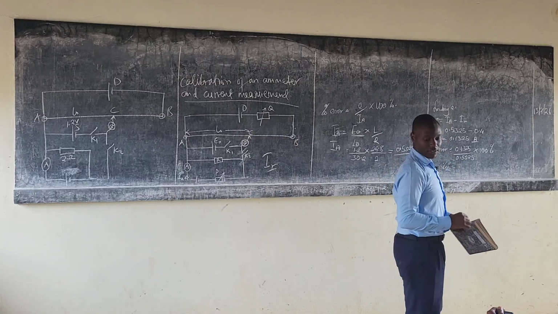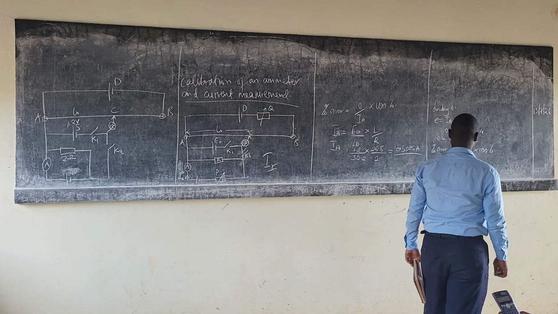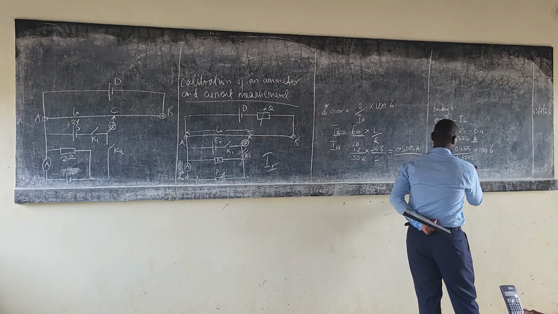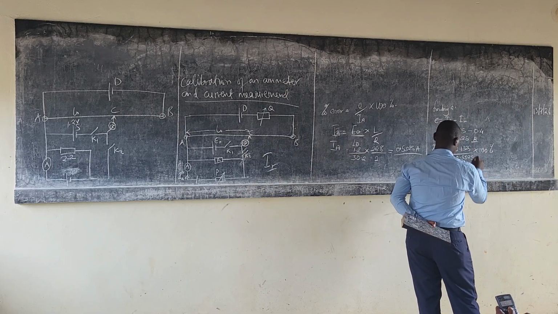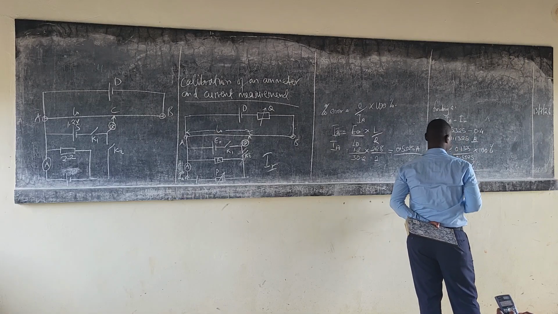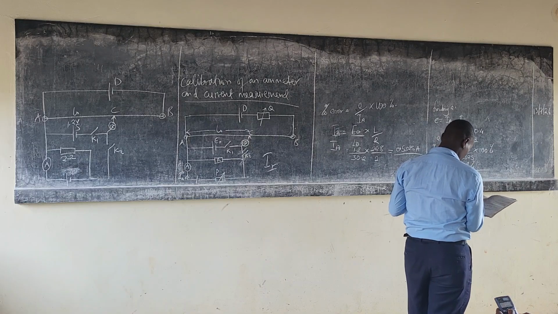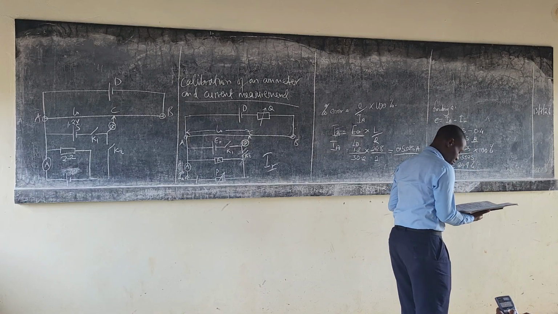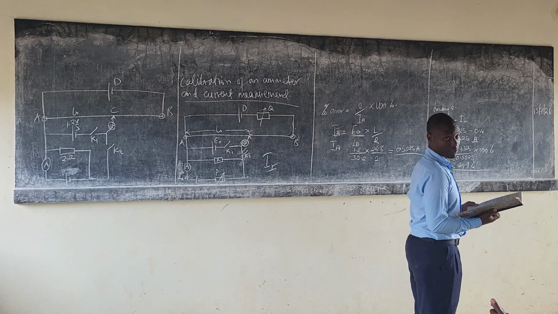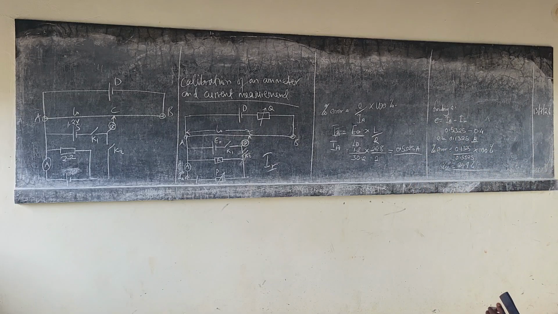Using the calculator, Travis, tell us. 24.9 only? Okay. So therefore, we are saying to calculate the percentage error in the ammeter reading. So the percentage error in our ammeter reading is 24.9%. Okay, this is the ammeter. Thank you. Let's appreciate